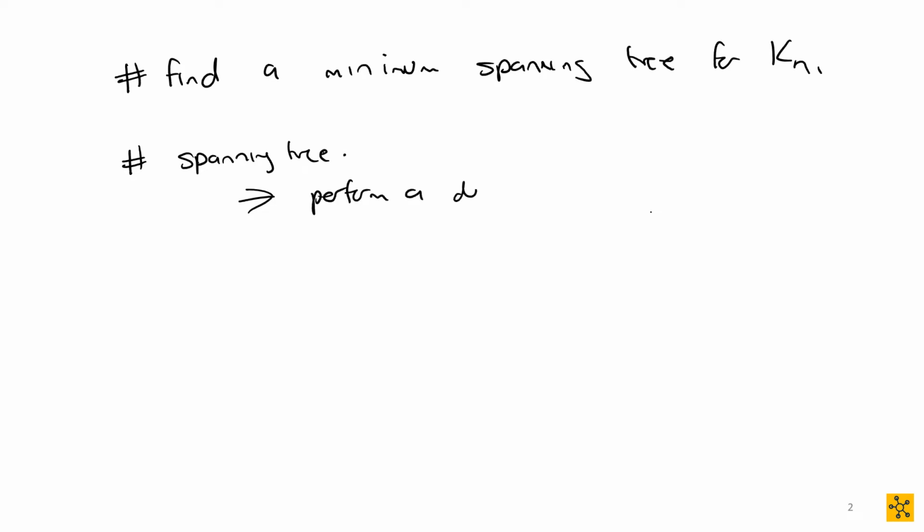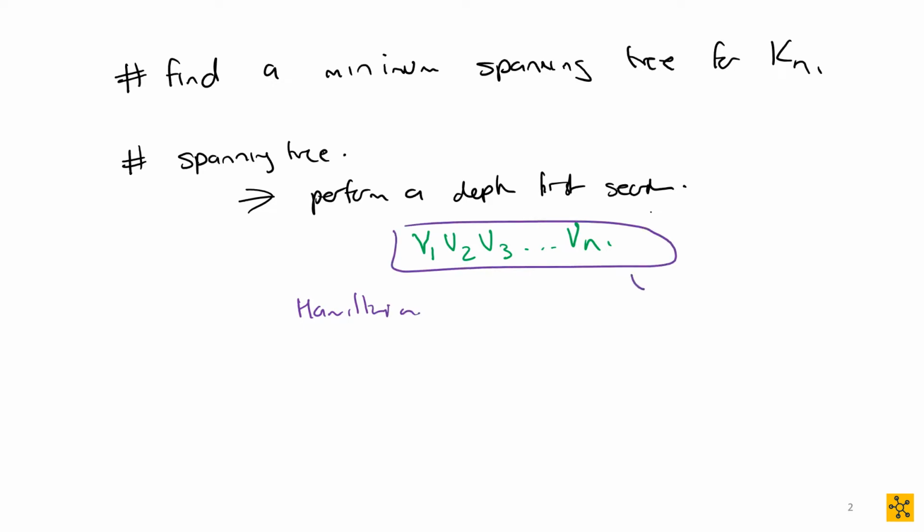And then your visitation in your depth first search is creating a low weight Hamiltonian cycle. So say your depth first search gives you a transversal order of V1, V2, V3, all the way to Vn. Then your Hamiltonian cycle is going to just take that and add that V1